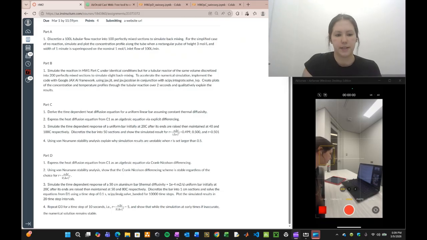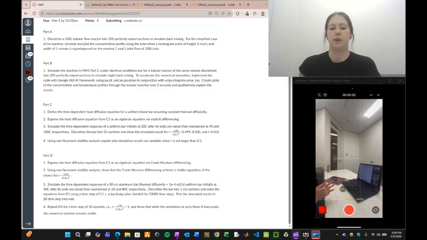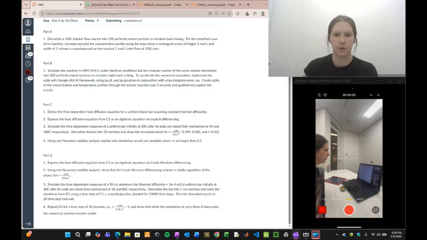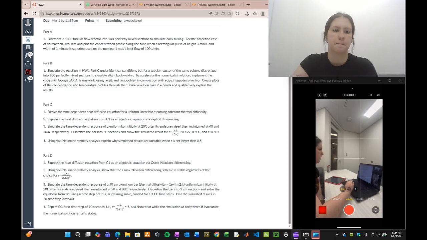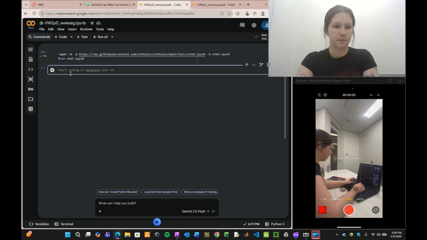So now we are going to be doing part 3 of this homework. We're going to simulate the time-dependent response of the same uniform bar that we did in the last video, but instead of raising it to 40 and 100 degrees Celsius, we are going to raise each end to 50 and 80 degrees. We're going to split the bar into 1 centimeter sections, and we're going to plot the temperature profile. So we know that we will have 50 sections,